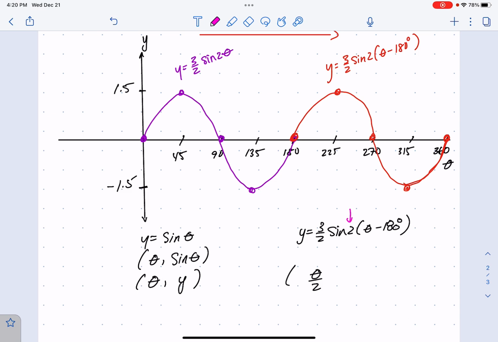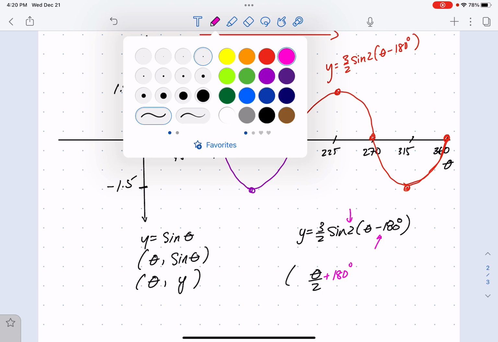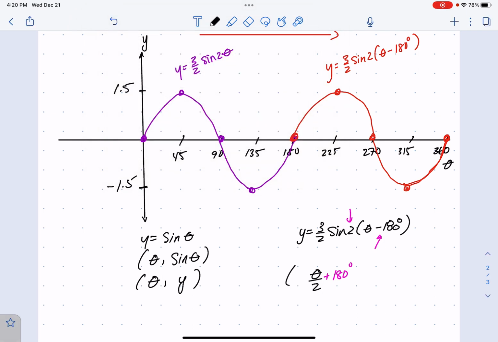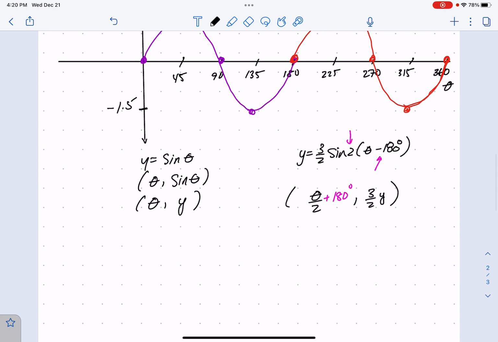And then what I have going on here is a horizontal shift to the right, so we're going to have to add 180 degrees to that. And then what happens is we're going to have that vertical stretch of 3 over 2, so it's going to be 3 over 2 y. And so if we take the critical points of our original base curve, which is sine theta, we know